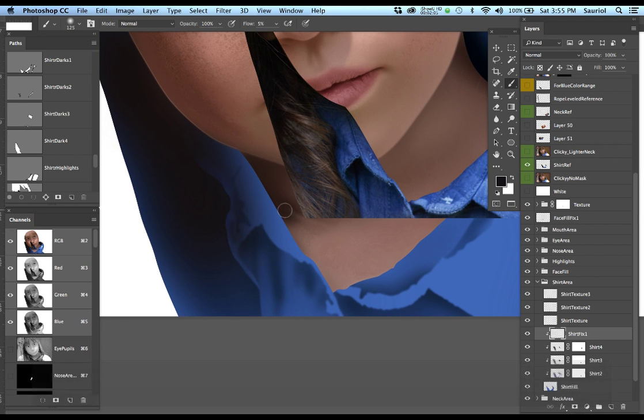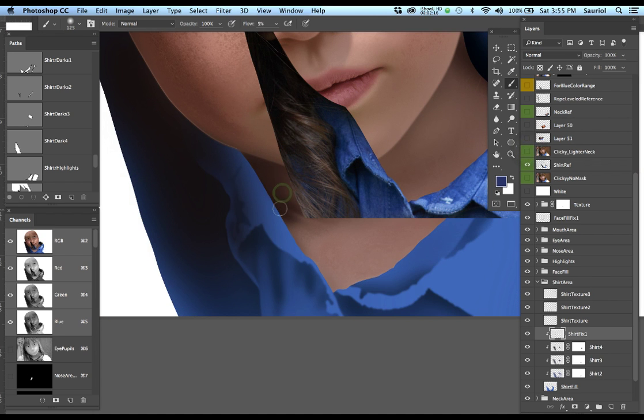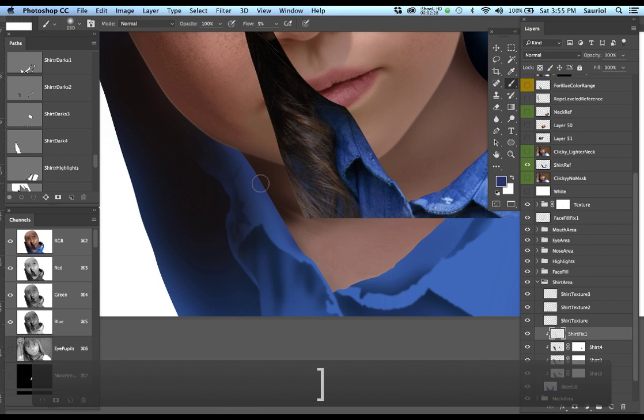However, I'm going to continue to add to that layer. So if I turn on the shirt reference layer, I'm going to grab this blue and I'm going to start painting along the edge, and I'm going to start interrupting things, meaning I'm going to put more values in things. And you can see what I'm doing here is I'm looking at the reference to the right and I'm increasing my painterly effect. So let's go down on the size. Let's now get underneath the